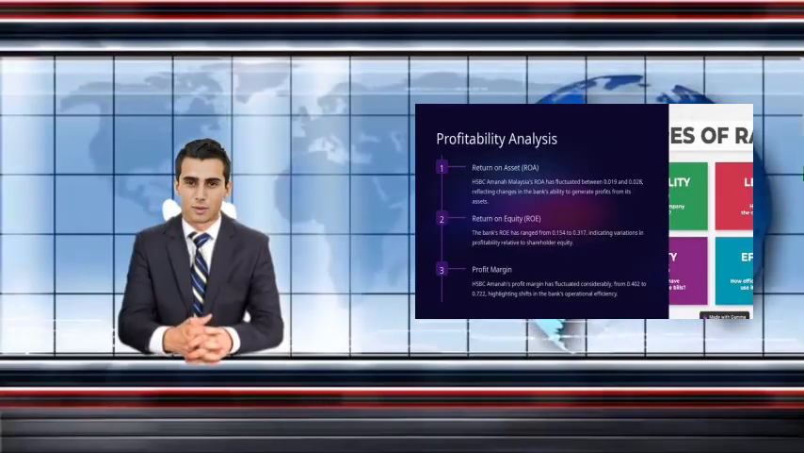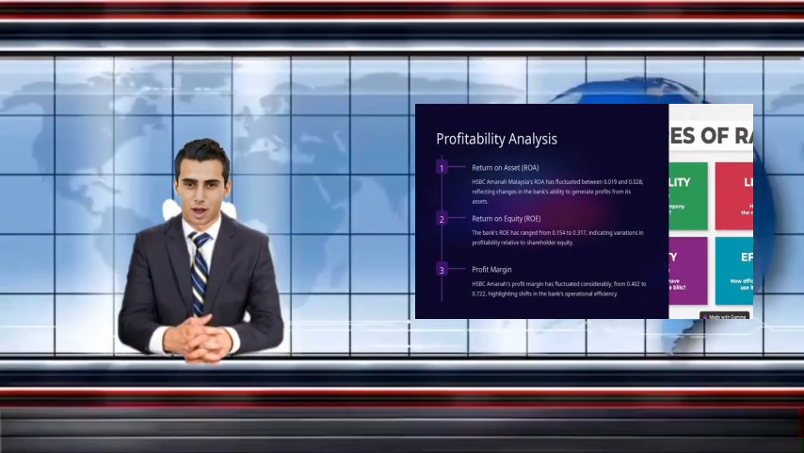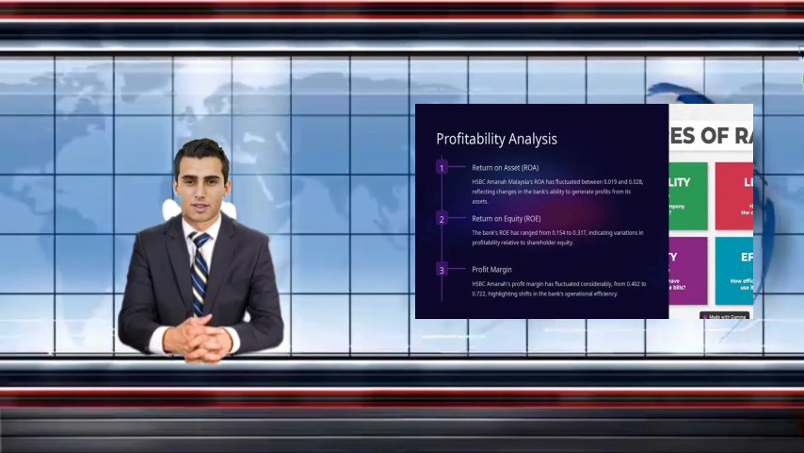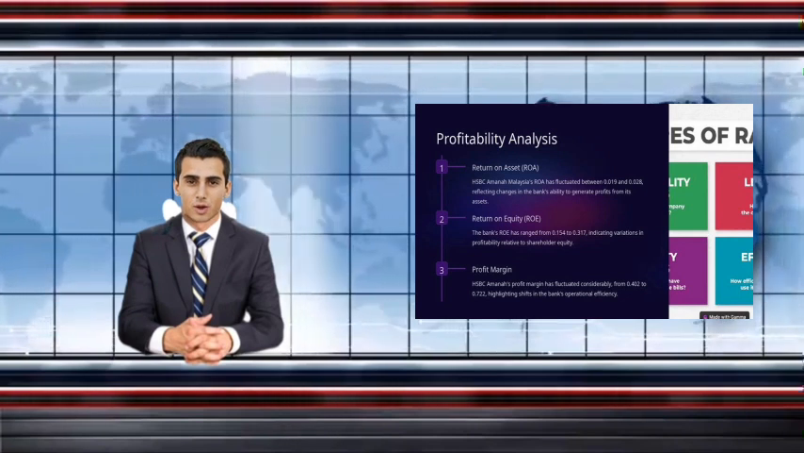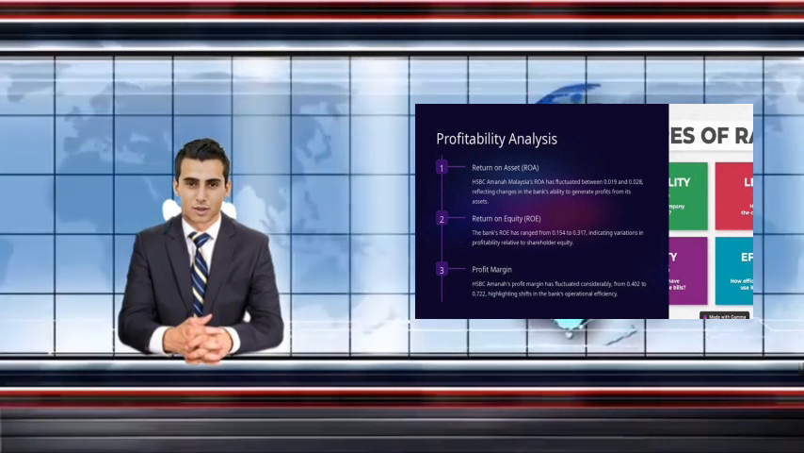Profitability analysis. Profitability ratios provide insights into a bank's ability to generate profits from its operations. These ratios help assess the efficiency and effectiveness of the bank's revenue-generating activities, cost management, and overall financial viability. Key profitability ratios to be discussed include: